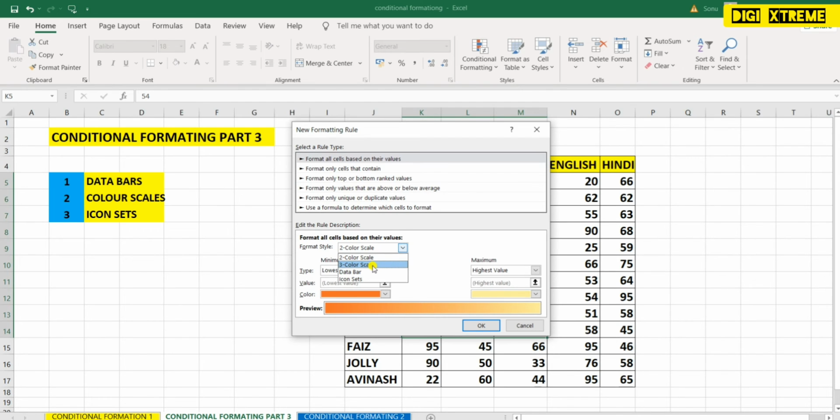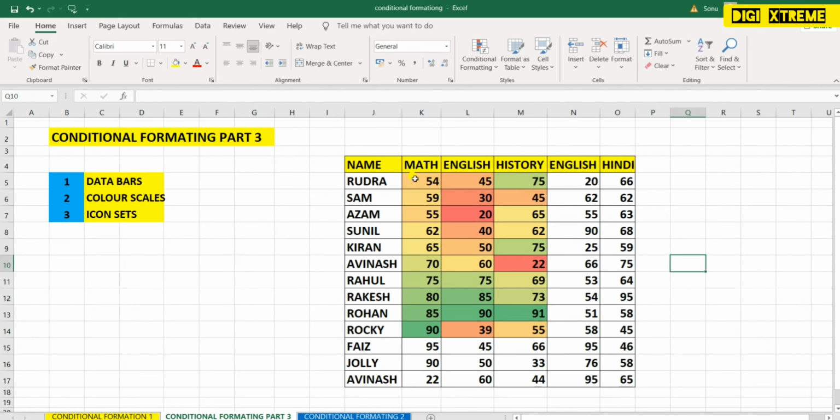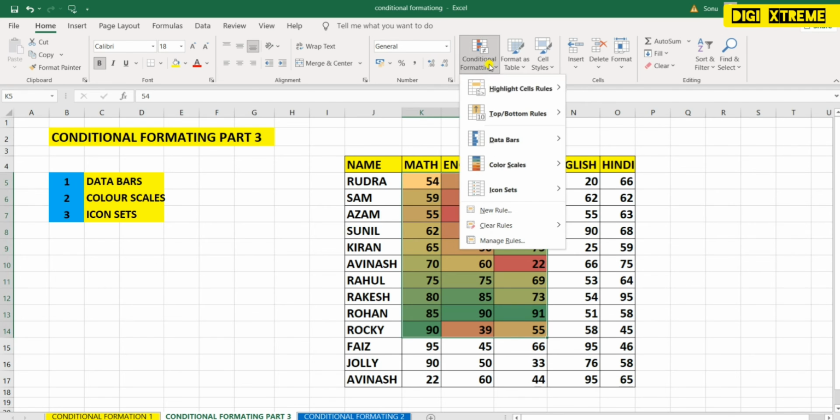So if you want to highlight 3 things, then it will give you the minimum, lowest value, midpoint and maximum. So you can also highlight 3 different scenario colors. Alright, you have the option to provide a 3 color scale. Now let's move to the next one. Let me remove the rule first.